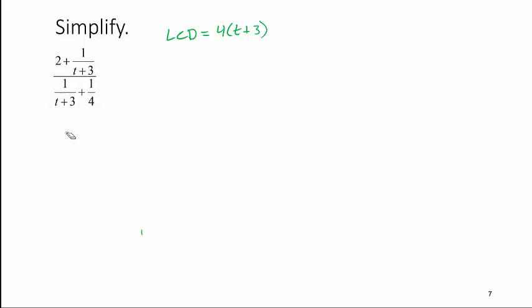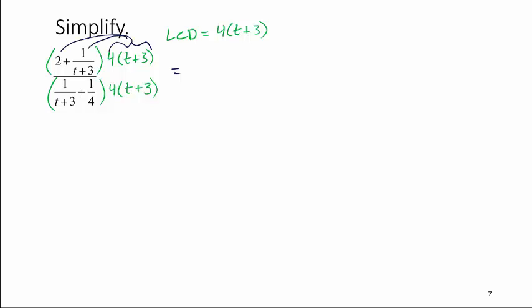Now, that's what we're going to multiply the big numerator and the big denominator by, 4 times t plus 3, because our goal is to get rid of all of those little denominators. If we multiply this thing by 1, we should have it. Now, like I said, if it helps you to distribute those things through, because you're distributing all of this through to both of those terms,